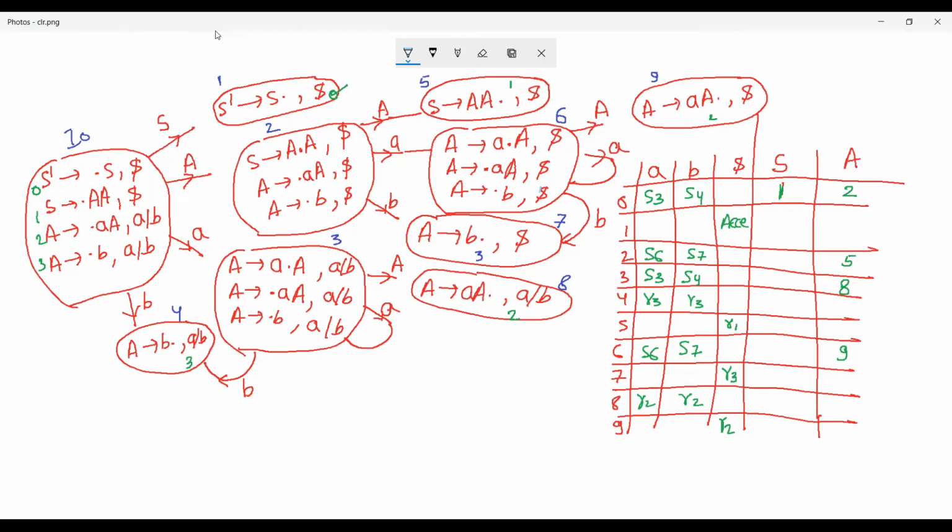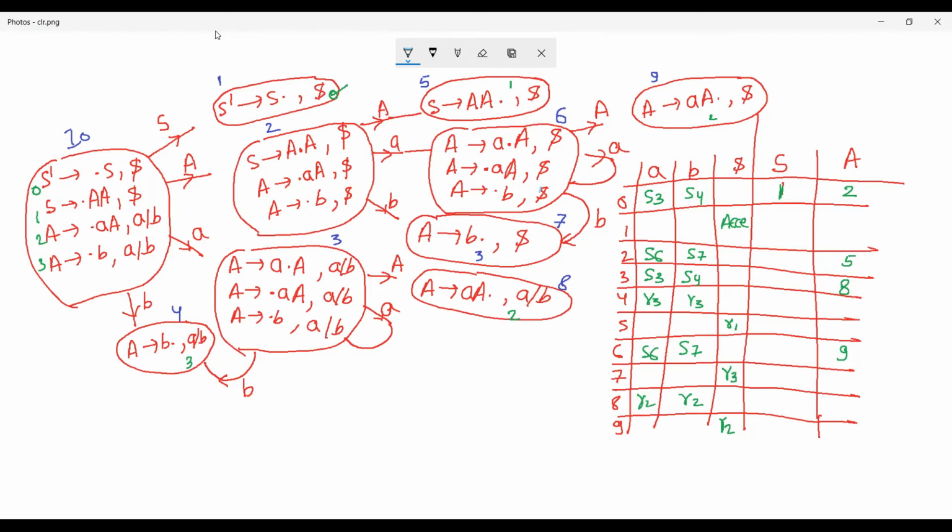Now for this state, on seeing capital A, this is the reduction. On seeing a small a, you will reach the same state, and on seeing a small b, you'll reach I4. Now on this particular state, on seeing capital A, you will reach I9, and on a small a, you will reach the same, and small b, you'll reach I7.